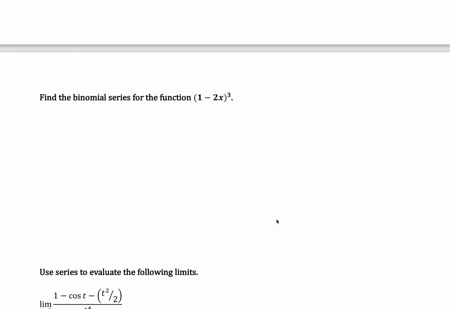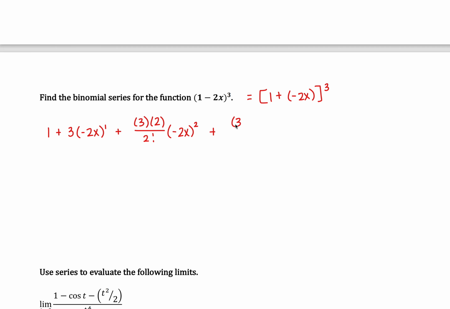Here it says find the binomial series for the function 1 minus 2x to the third power. So that is the same thing as 1 plus negative 2x, and then the whole thing to the third power. So here our m value is 3. So writing this out, we're going to have 1 plus 3 times negative 2x to the first power plus 3 times 2, because you're subtracting 1, over 2 factorial times negative 2x squared